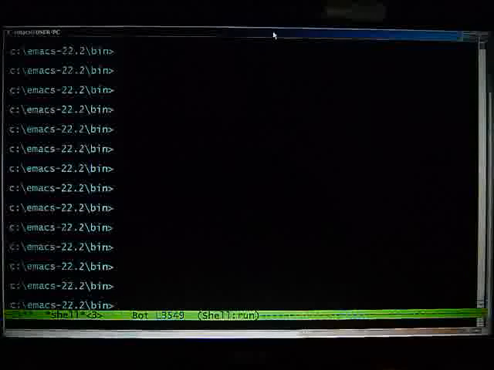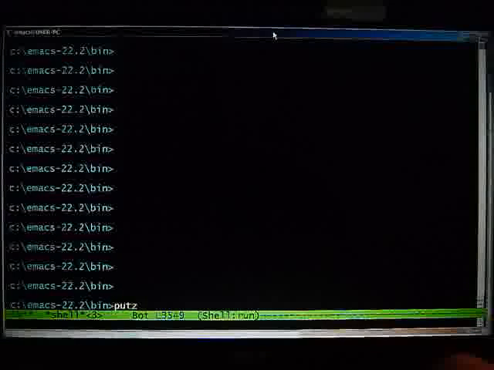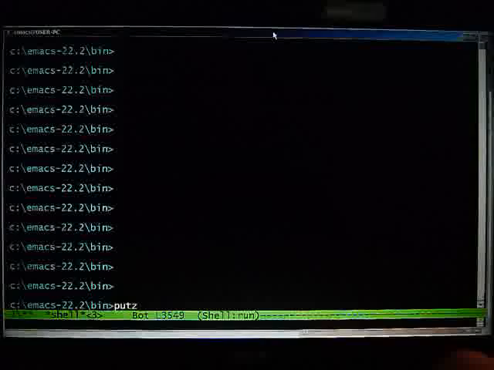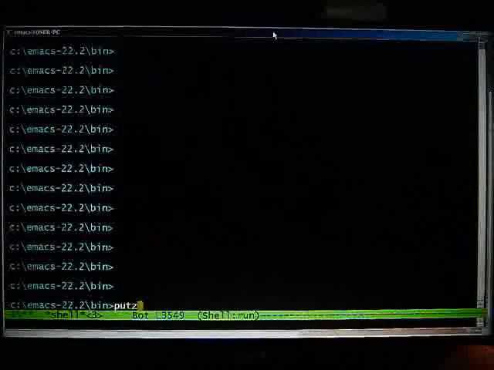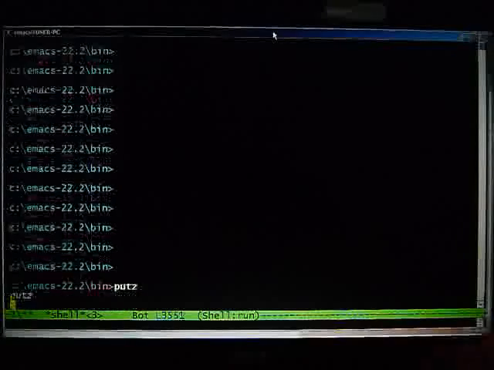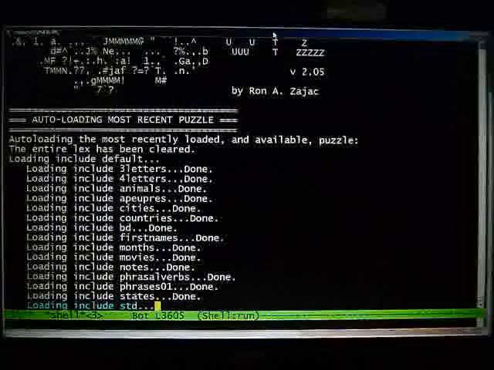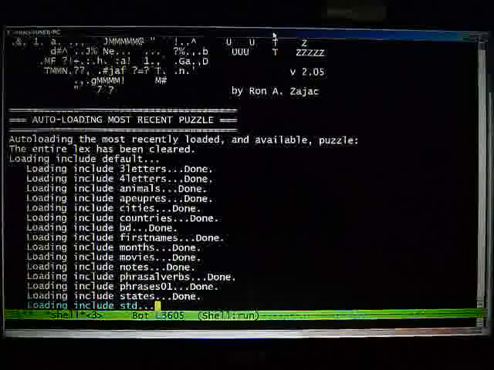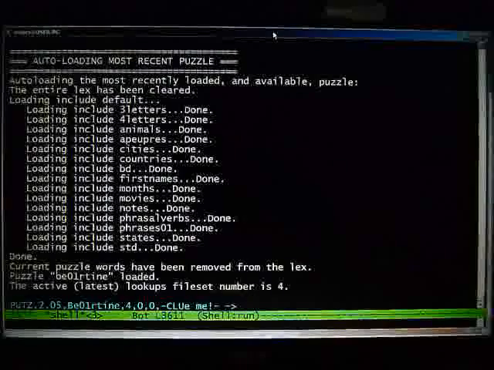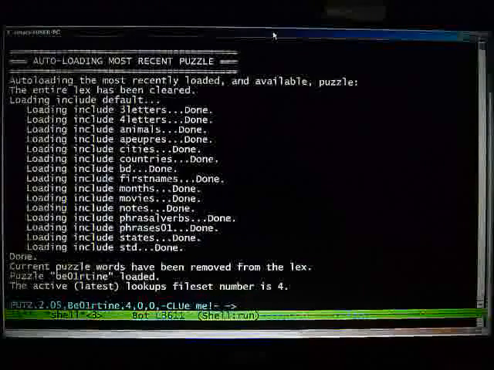To invoke Putz, you just type Putz. I have the Putz batch file in my path, so I can type Putz. It's loading the Lex, loading all the words into memory right now. Standard STD is a big guy, and it opens up. It automatically loads the last puzzle I was working on called Bertine, which is a really